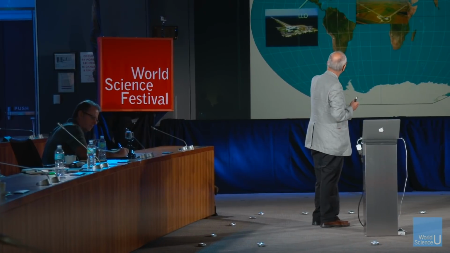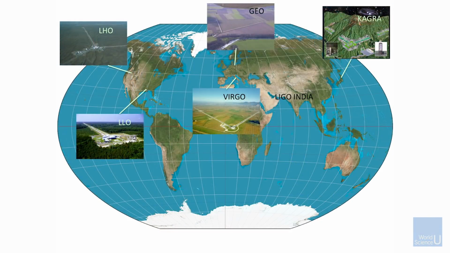But you have to have a network of detectors around the world. And what now is happening is that there were the two that were built in the United States, these big 4-kilometer systems, one in Louisiana, another one in Washington State. Very soon after that, there was built one in Italy, which was a collaboration of the Italian group and the French group, and then a group in Scotland joined it. And that is another detector that sits near Pisa in Italy.